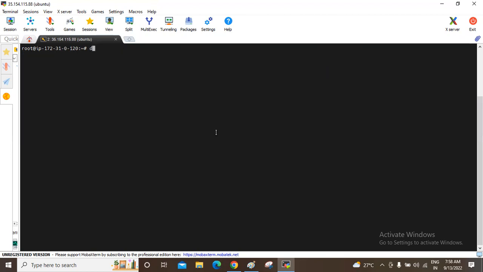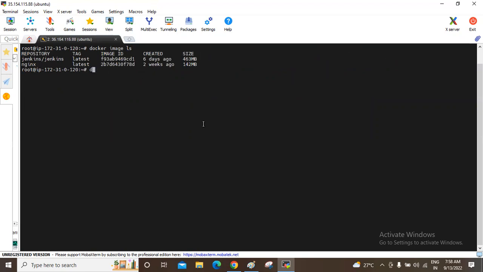Clear the screen. Docker ps -a. See, there are no stopped containers. There are no running containers. That is fine. Now docker image ls. Definitely these images are using our system resources like disk space, right? So once the task with the Jenkins and Nginx images is over, we have to delete these images also.